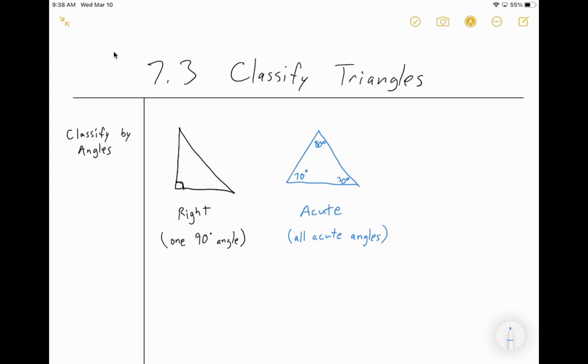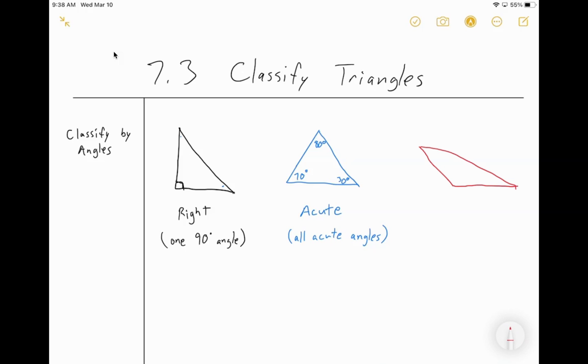Now, if you notice on the right triangle, there are two acute angles, right? This one and this one are smaller than 90. They have to be. So it's really about the third angle. Every triangle has at least two acute angles. It's the third one that determines what it is, whether it's right or acute or the next type, which is, you probably guessed it,